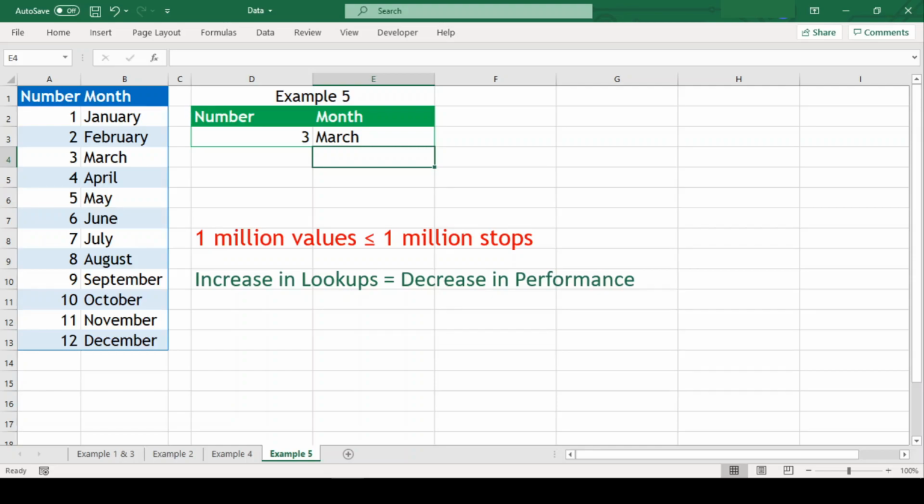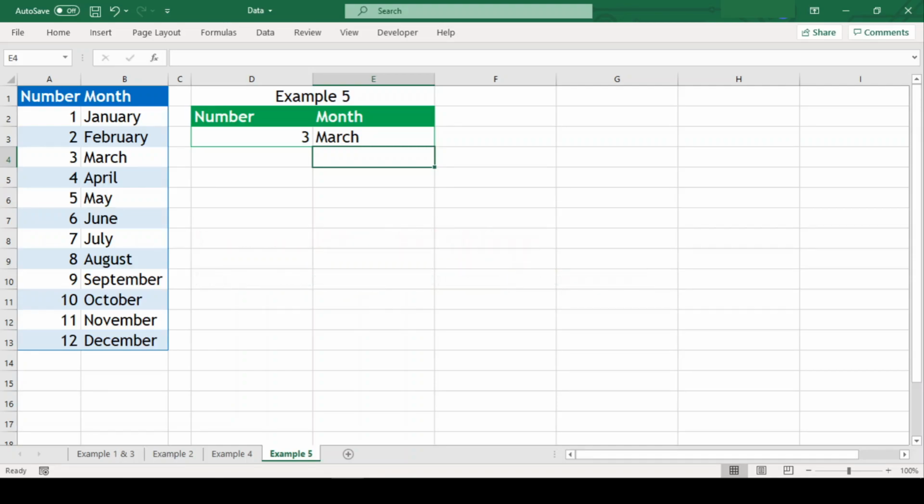Now let's see how binary search sorted ascending works. We will stick to our example here, otherwise it will be very difficult for you to understand. The function will first divide the total count by 2. So in our case, it will be 12 divided by 2, which is 6, and compare the sixth value with the lookup value, that is 6 with 3.